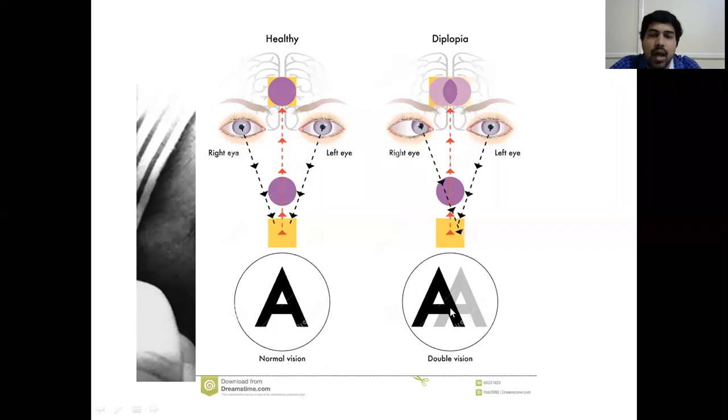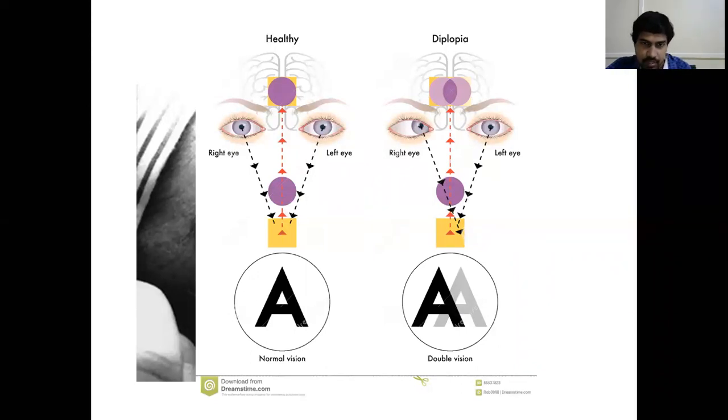to some other point. I told you that there are x coordinate, y coordinate, and z coordinate. As per Donders' law, Listing's plane and Listing's law, I told you there are x, y, and z coordinates. When this eyeball is looking straight, this image has got a particular x value, y value, and z value. So when this eye is looking at this side, its x value, y value and z value change. There is some different place in the space. So this image appears as if it is present exactly at the center of the graph. But this image of this A appears to be present somewhere else. That's why you get a double vision.